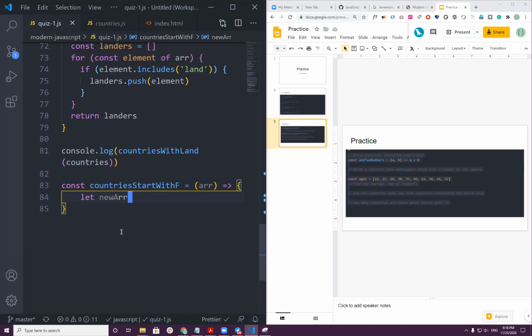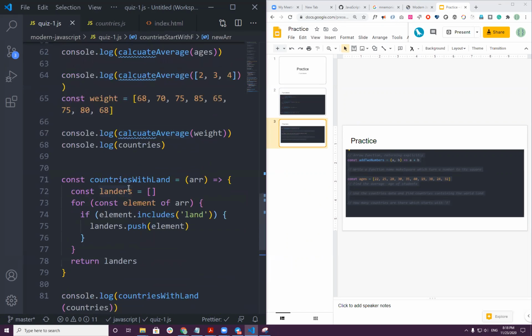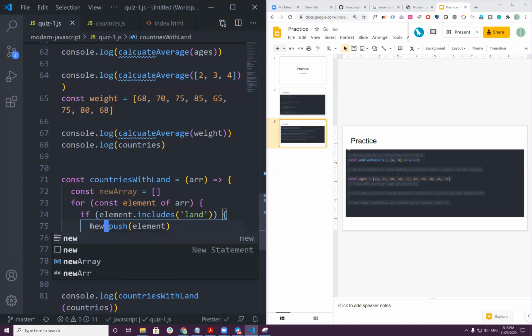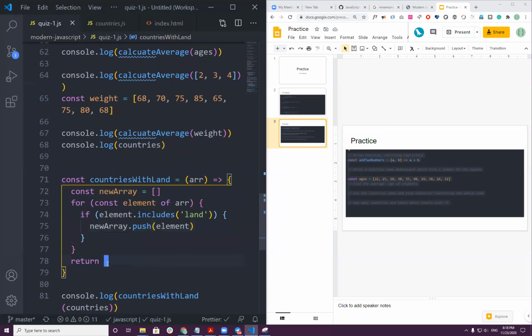I can just use a new array. I have to just store it. Even this one we can modify to new array. It's just new array, and we can return new array. It's a kind of, you know, to simplify.